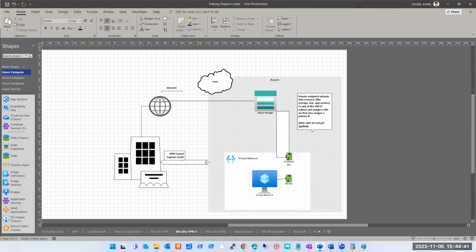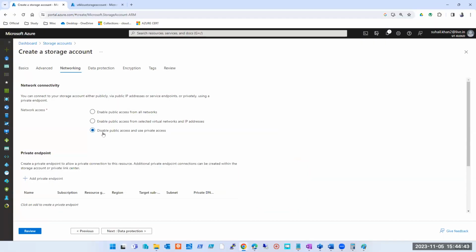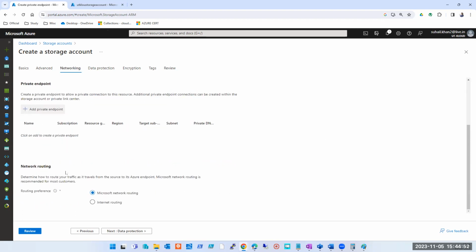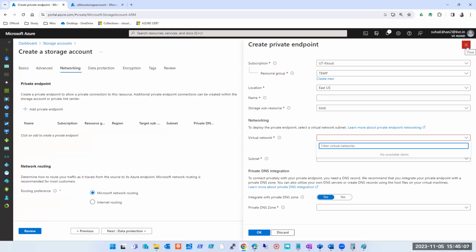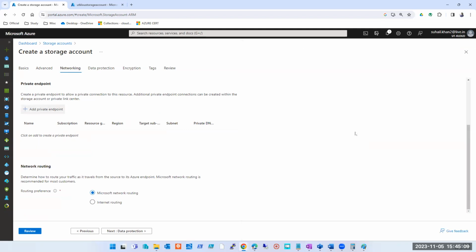See, the moment I select disable public access, it asks me for a private endpoint. And the moment I create a private endpoint, it asks me to create a VNet and subnet. So whichever resources I have in this VNet and subnet, only those will be able to access this. And this is not over the internet; this is internal communication.